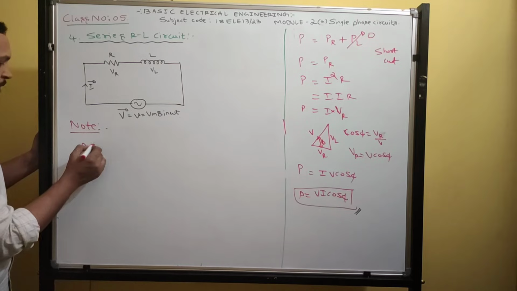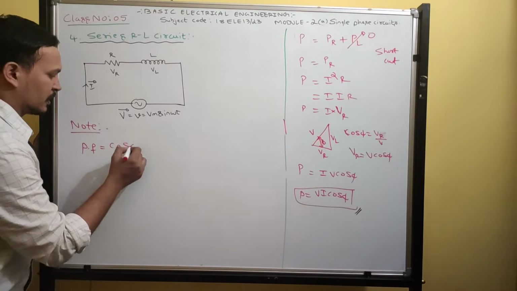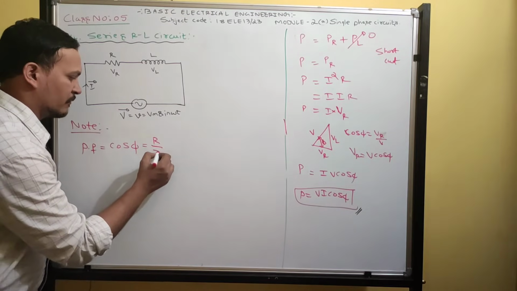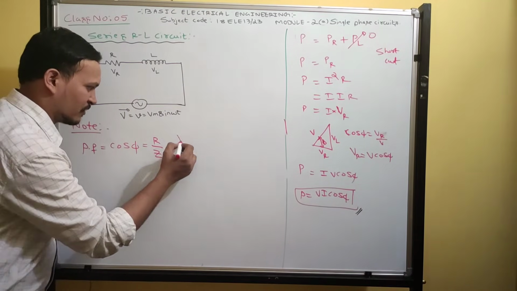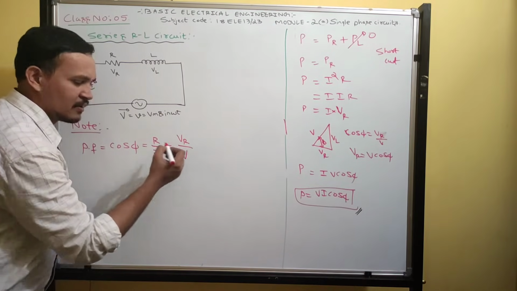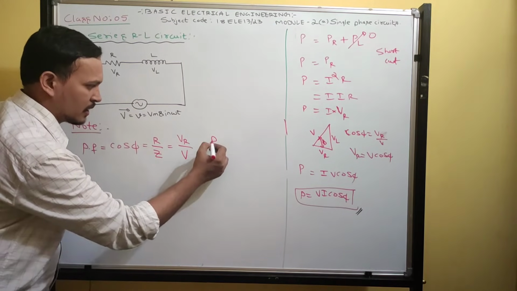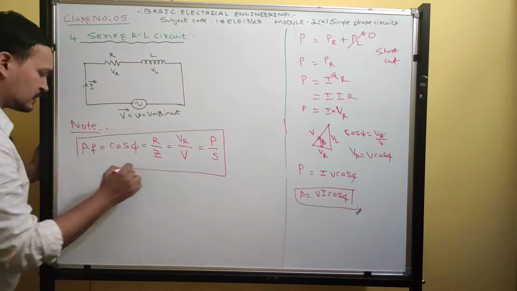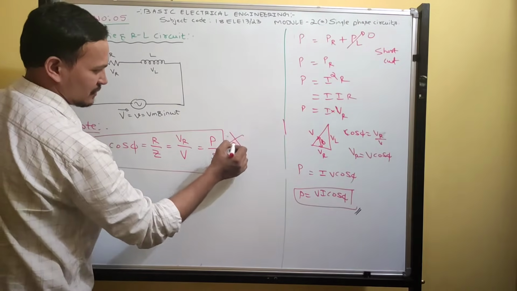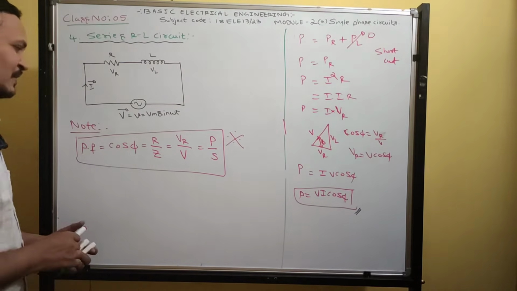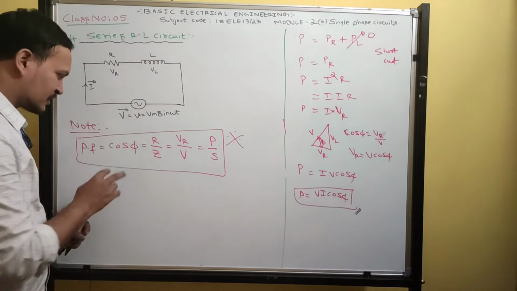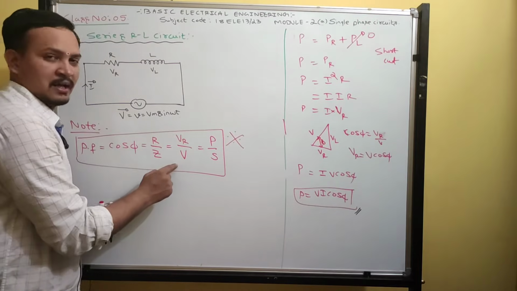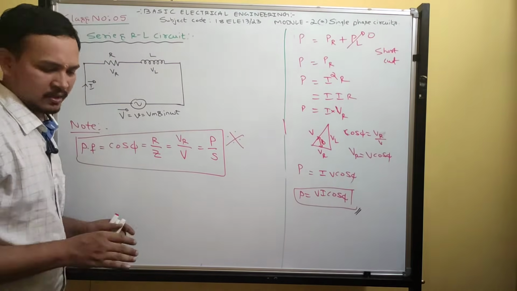Technical terms. Power factor. The power factor formula is cos phi. This is one formula. From the impedance triangle, the formula is R by Z. From the voltage triangle, the power factor formula is VR by V. From the power triangle, the power factor formula is P by S. You must know all these equations, as you will apply them in problems. Don't stick only to R by Z, don't stick only to cos phi. They might give data to find the power factor from other values, maybe voltage values or power values.